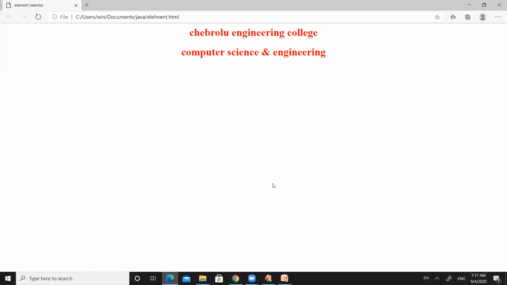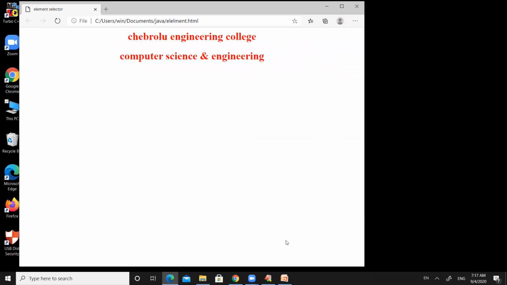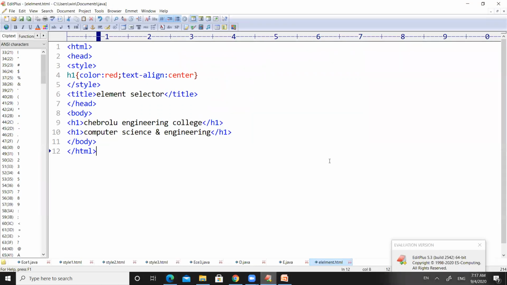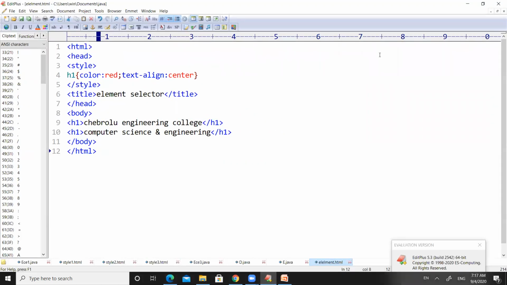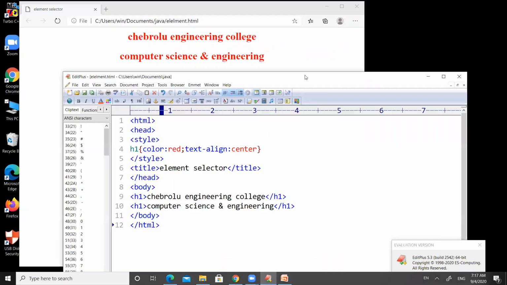Right, if you observe the output of this particular code, it was directly aligned at the center of the web page, and at the same time it was in red color. So this is possible by selecting an element by its name.